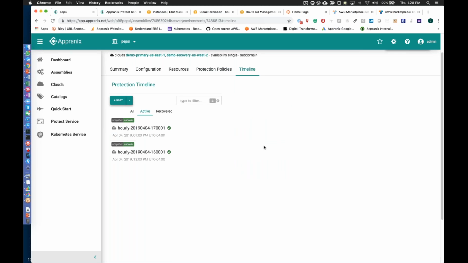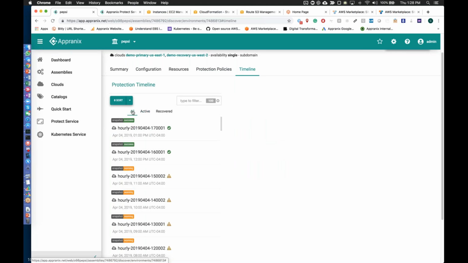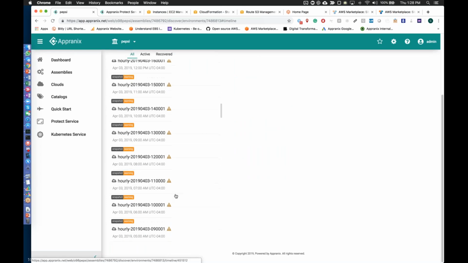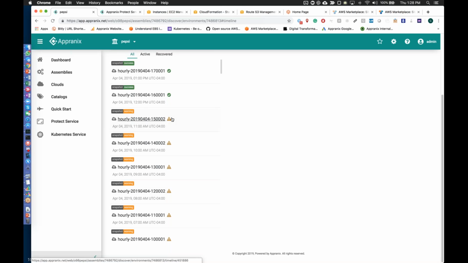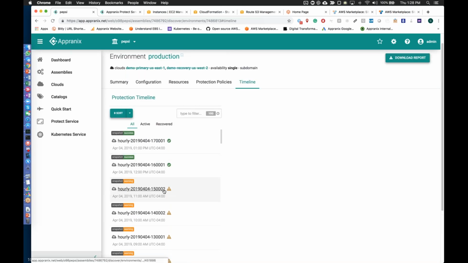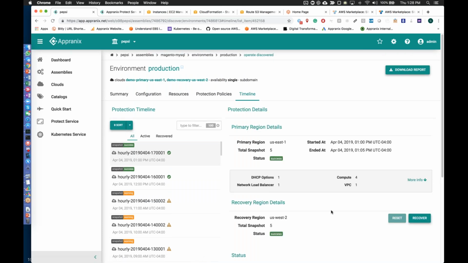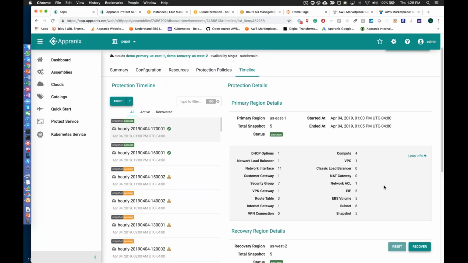The system will automatically keep all of that in a timeline, so you can go back in time any time that you want. And there are 2 points that are eligible to be recovered because, in this particular case, I kept only 2 snapshots. You cannot recover snapshots that are already deleted, but you can see what kind of resources we have. If you click one of the resources, you will see the resource configurations. By the way, between these timeline items, you could have changed your security groups. You could have changed your routing table configurations.